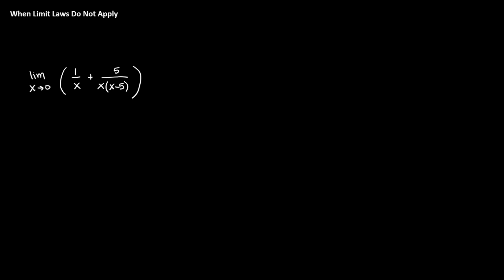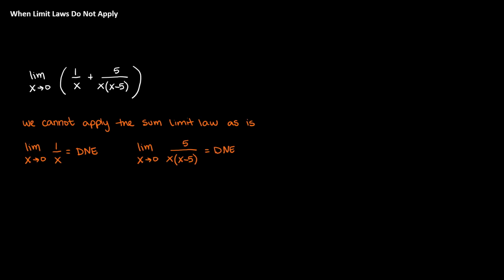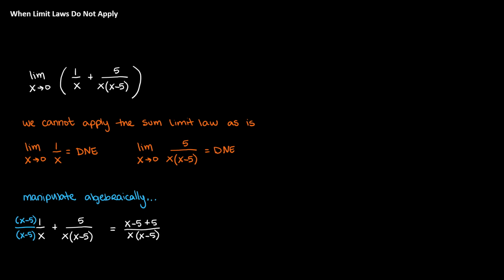Instead, what we need to do is fix the problem that we have. So we can't apply the sum limit law because the two terms on their own don't have limits that exist. So instead, we'll manipulate algebraically. We'll take our function, find a common denominator, and simplify. Now we have x divided by x times x minus 5. We can reduce the factors of x on top and bottom, leaving us with 1 over x minus 5,